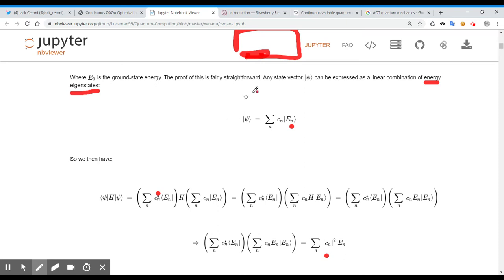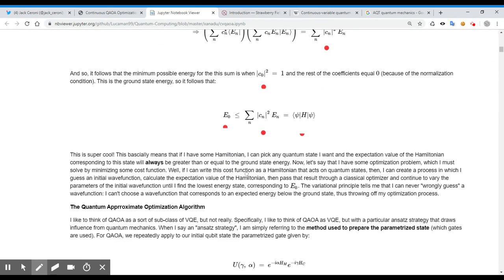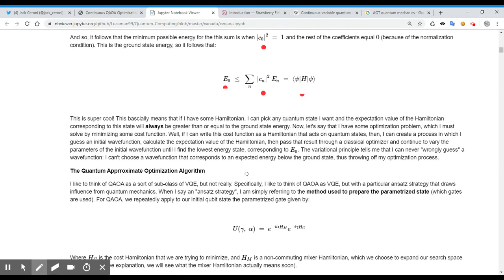But the fact that you can express it this way, it's not entirely clear to me. But I'm not interested either. I think this is super cool. It basically means that if I have some Hamiltonian, I can pick any quantum state I want. The expectation value of the Hamiltonian corresponding to this state will always be greater than or equal to the ground